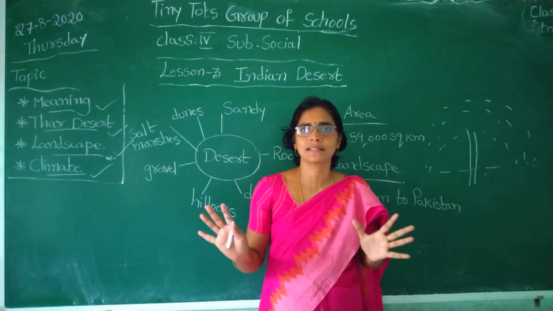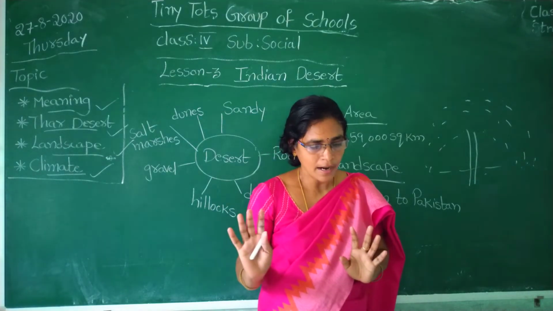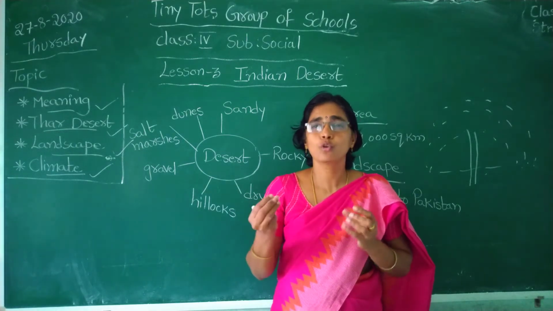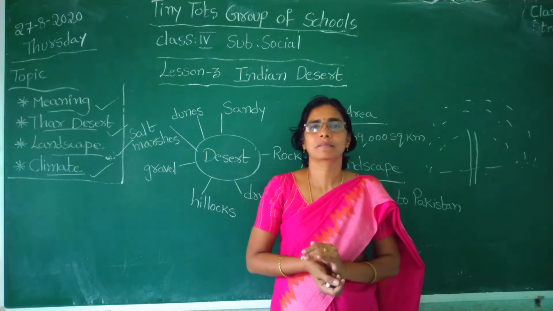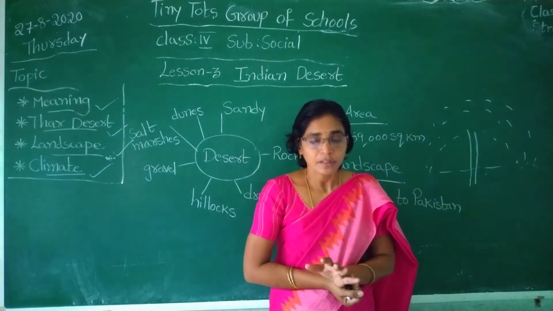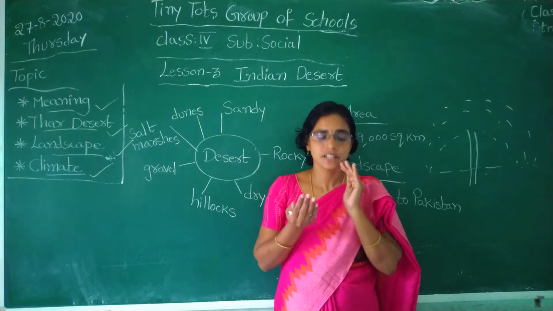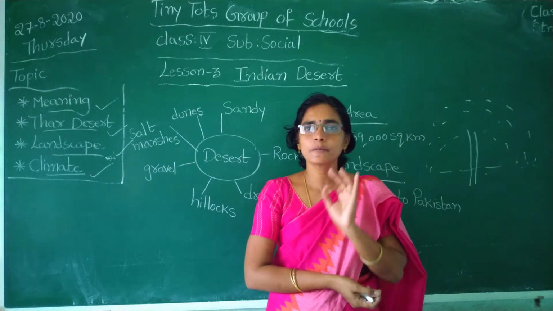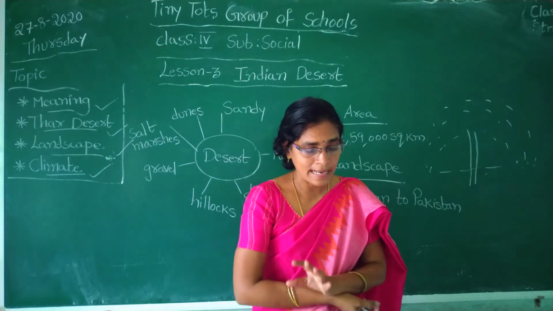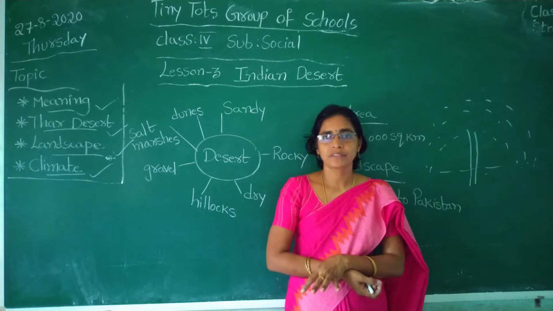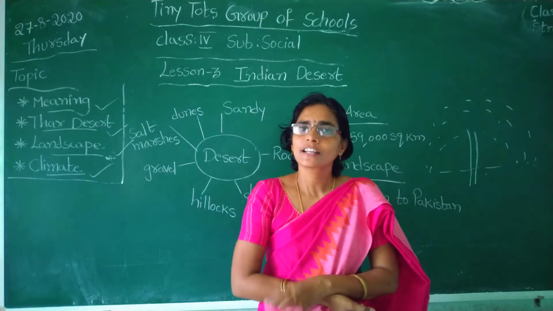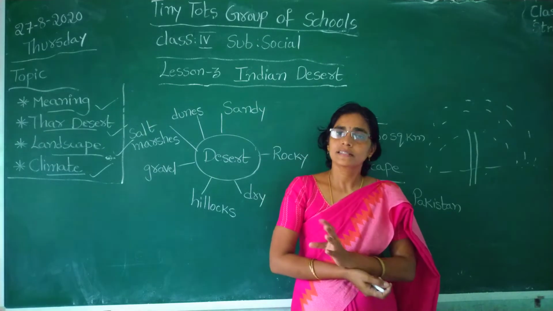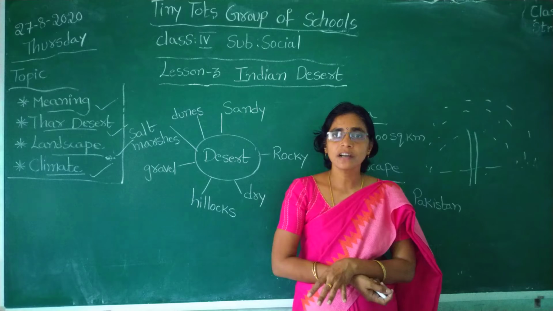There are no big trees. And therefore only scattered bushes which are having thorns, only small thorny bushes can survive there. And shrubs, thorny bushes and shrubs are found in these regions. Some very little plants are there. Those are cacti, acacia and date palm. You eat dates, right? Where do those dates come from? Mostly from the dry regions, from deserts. Cacti, acacia and date palm.